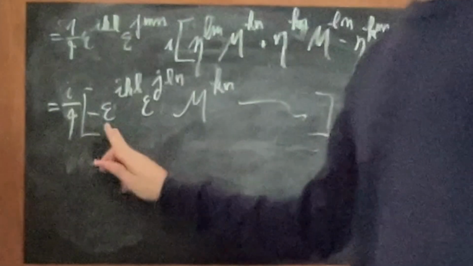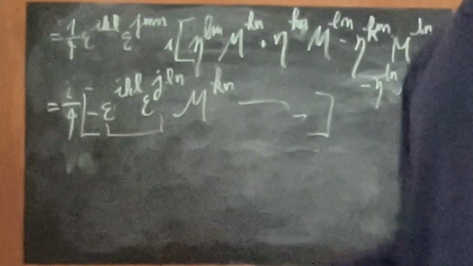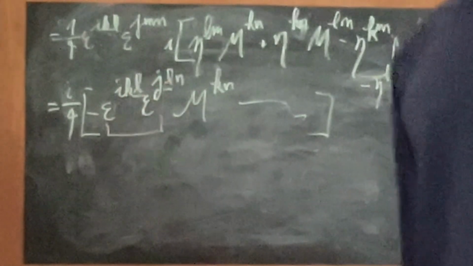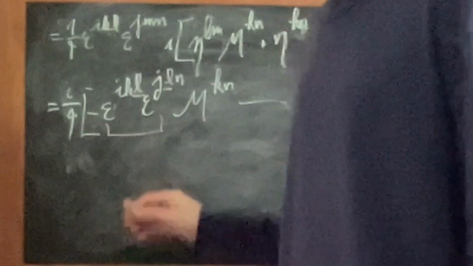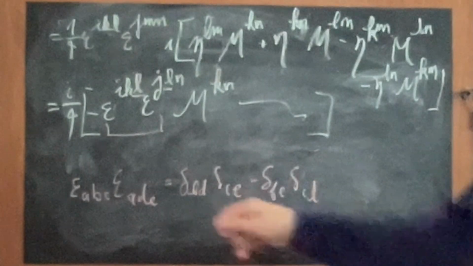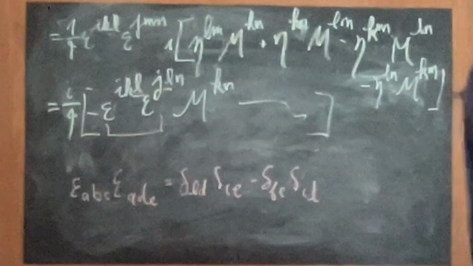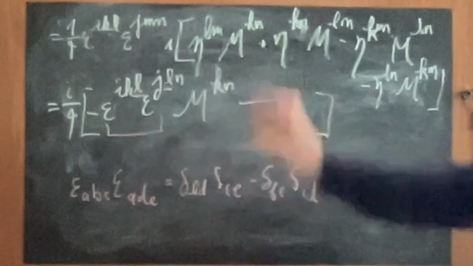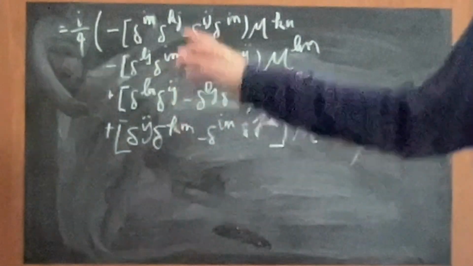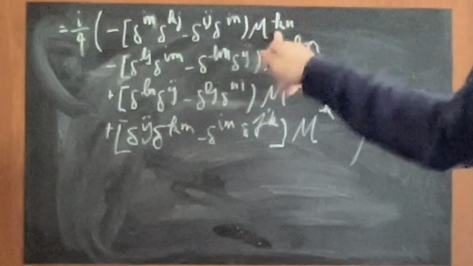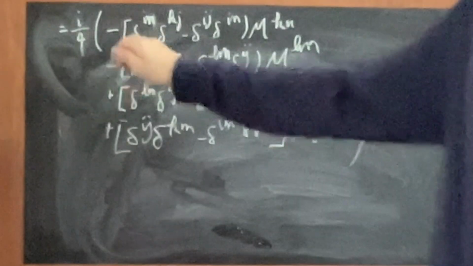At this point, you should have a bunch of epsilons that are paired together like that, and these epsilons should share one common index. You can use this identity here to replace all the epsilons in the expressions with a bunch of delta symbols, which I will now bring down and work out the rest of the expression for you. Now if you work it out, this should be the full expression with all the delta symbols. What the delta symbols can do is directly modify the indices in the M. So you can see, for example, the first term